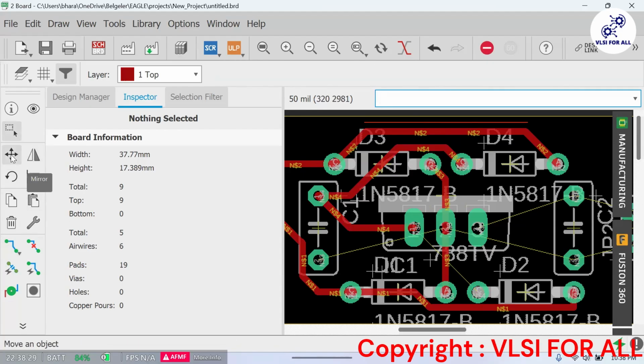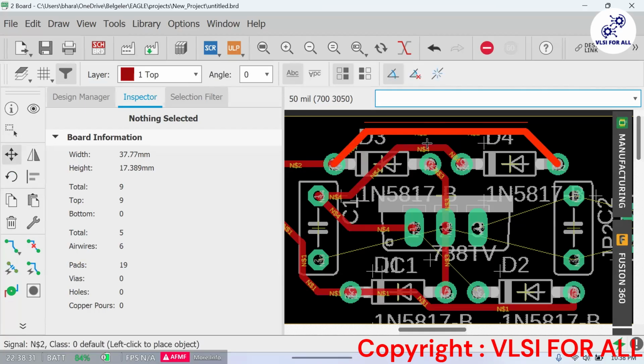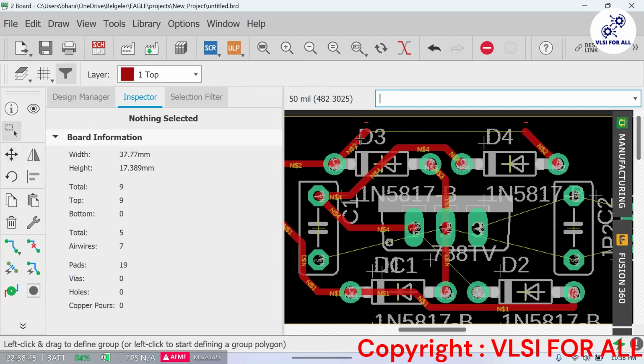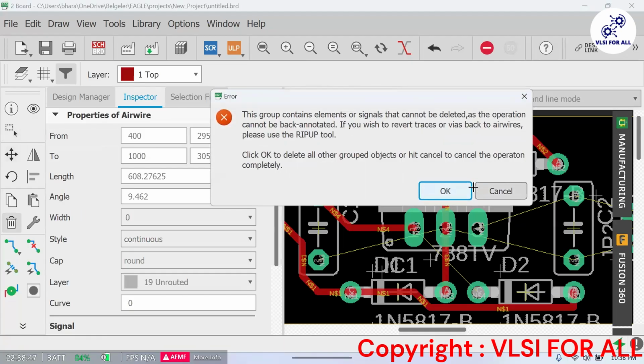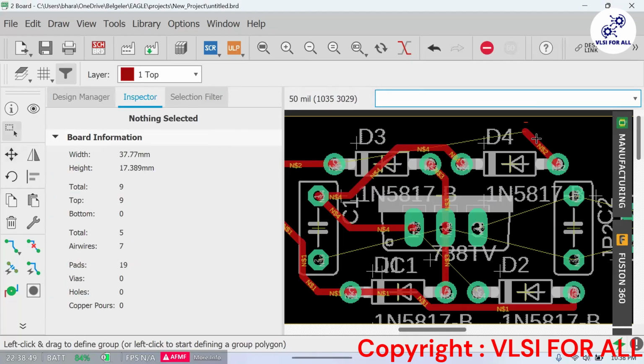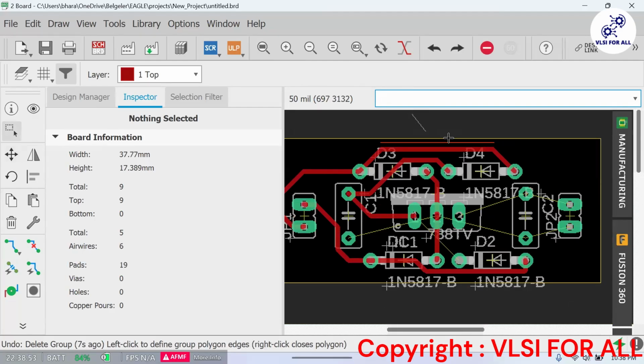Routing done here. So I can do the routing here. I can squeeze this guy a little bit so that I will look into it later. Okay, I think it's fine, I guess. Much more is not needed.